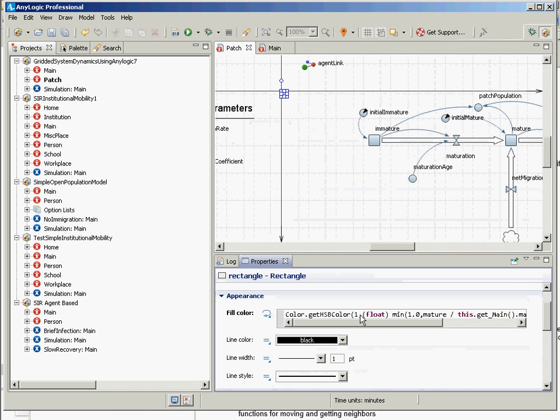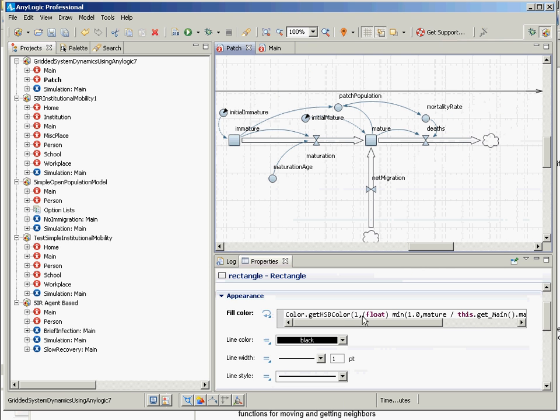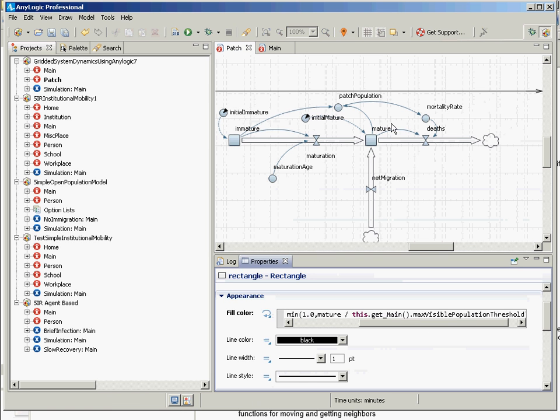Okay, and that formula will vary continually because it's based on the values of these stocks, which are varying continually. So the value returned for the fill color will vary continually because it's based on this stock here. Okay, so I'm going to run this model, and what you'll see is a